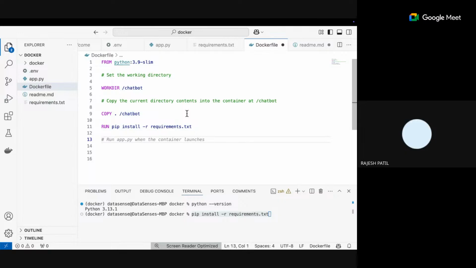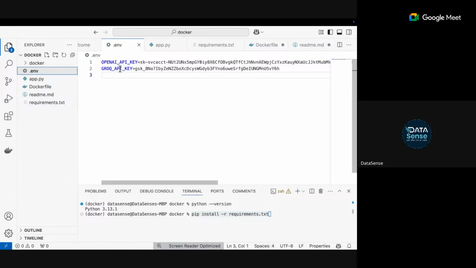Files both are the same, no? Sorry? The virtual environment you created, the .env file and requirement.txt, both are the same, because the environment also contains the same files and requirement.txt also contains the same files. I didn't get your point. The .env file which you have created has the same dependencies, but those are in your system, and we are installing the requirement.txt. .env has no dependency. .env is just API keys. Okay. Sorry. .env is just your API keys. Okay.